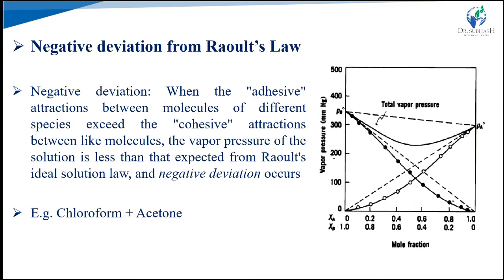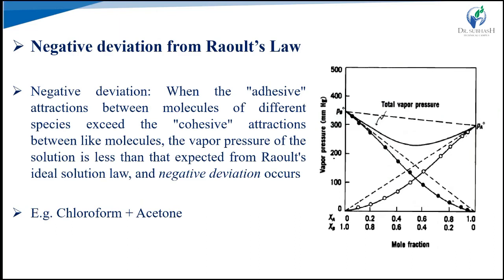In that liquid system, the vapor pressure is greater than the sum of the partial pressures of the individual components. Such a system is called positive deviation. In Raoult's law, the sum of the partial pressures is the addition, but in the positive deviation the vapor pressure is greater than the sum of the partial pressures of the individual components. So that is the positive deviation.